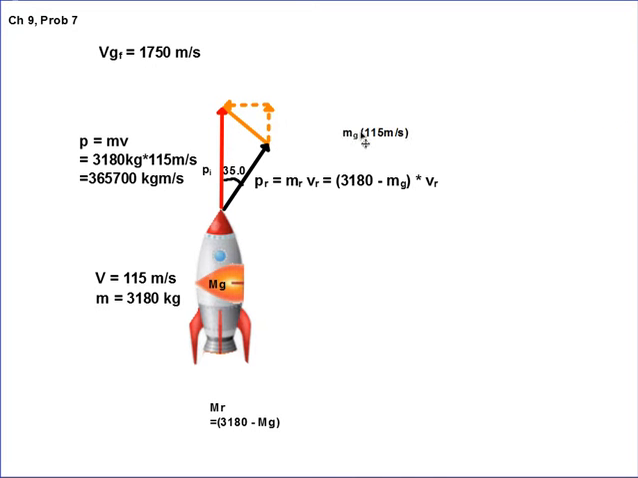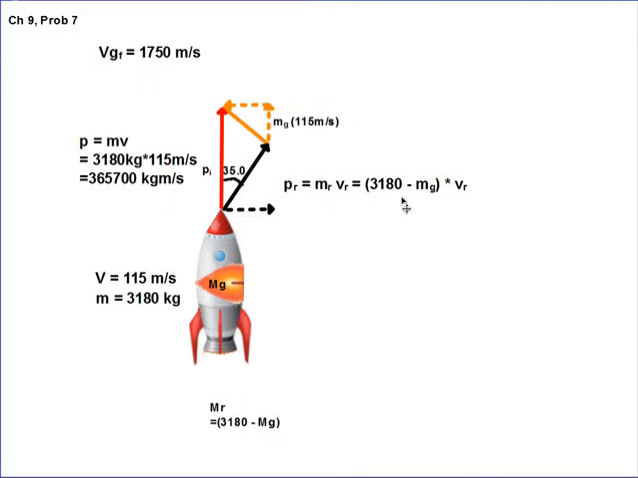So this right here is the mass of the gas that's being ejected, moving at 115 meters per second. That is what this vector represents. It's really a portion of the original momentum. I just don't know how much gas is going to be ejected, but I'm going to go ahead and put it right there. Now I also have the black vector, which represents the new momentum